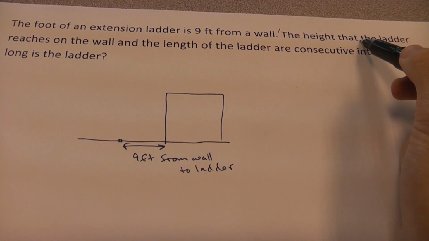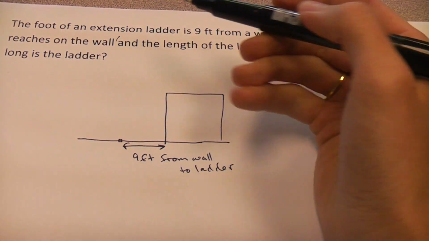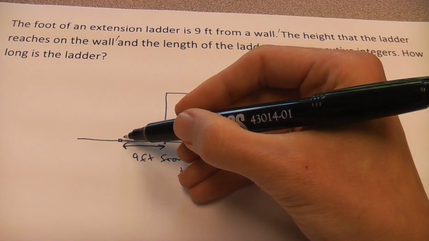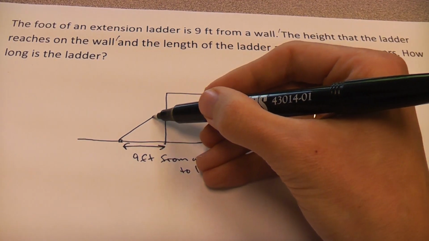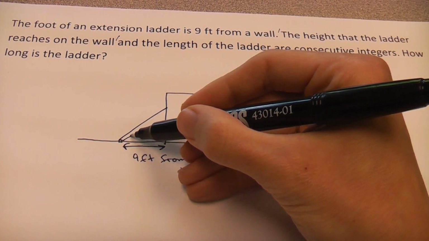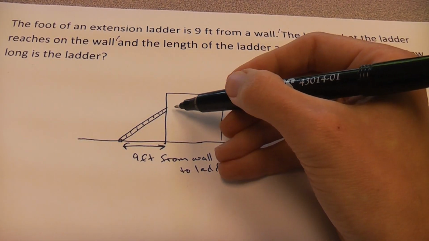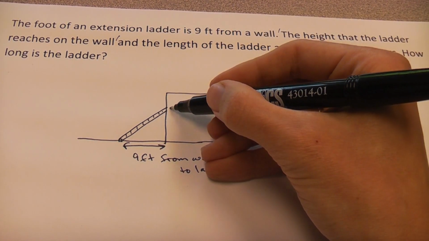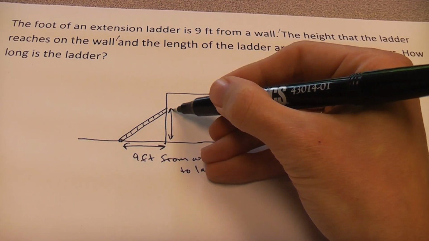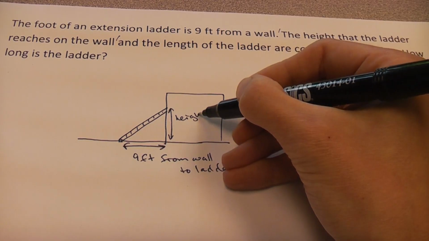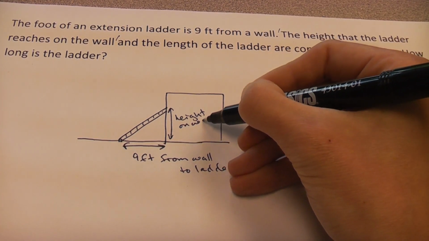The height that the ladder reaches on the wall. Stop right there. The height that the ladder reaches on the wall. Okay, so obviously this ladder is leaning, as ladders do, against the wall. The height that it reaches on the wall, so that's its height right here, height on the wall,